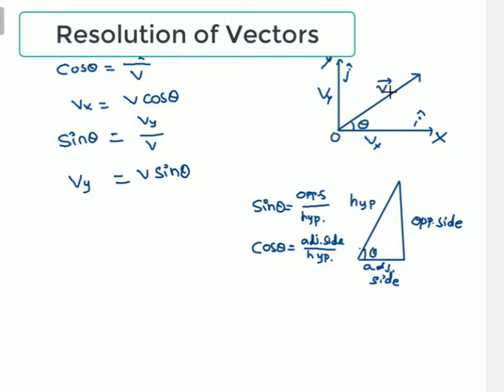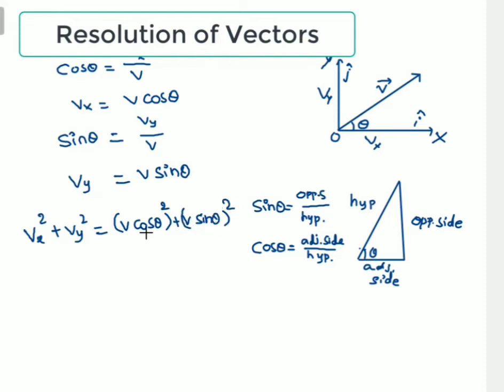Not only V, we have F also, so we can write Fx as F cos theta and Fy as F sin theta, in terms of its horizontal and vertical components. Now based on these two we can write one more. If we square both of them, Vx square plus Vy square, we get V cos theta whole square